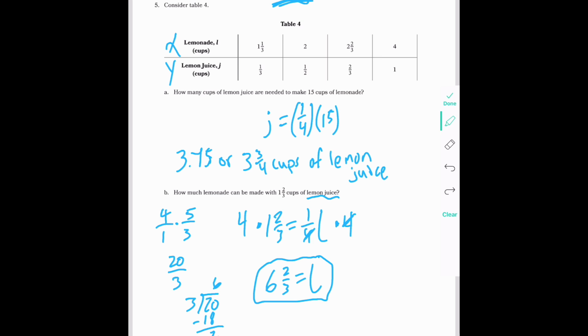So if I do it for the first one, that would be 3 3/4 is equal to 1/4 times 15, which is how we got 3 3/4. So we know it would give us 3 3/4 is equal to 3 3/4, which means that answer was correct. And you would do the same thing down here for part B, where you would say that 6 2/3 is equal to